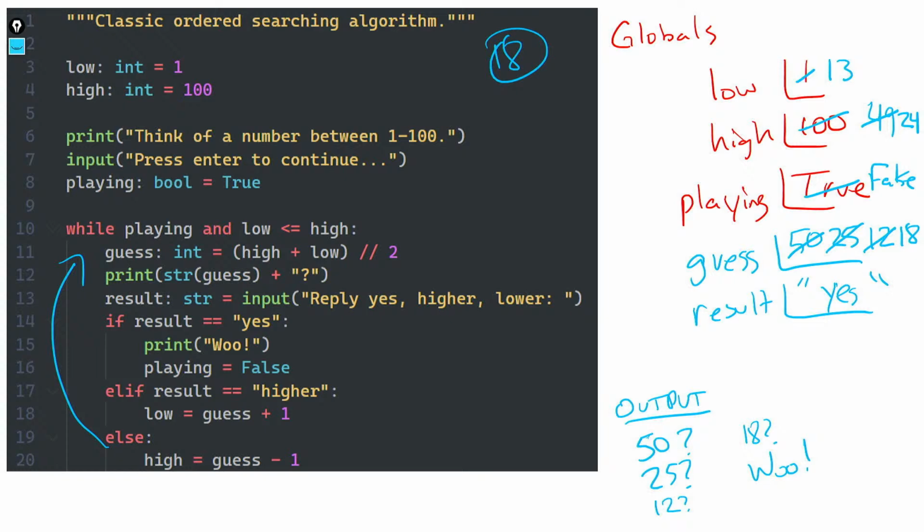But you can imagine if you get to a point where that's no longer true, the user has given you the wrong inputs, because that's sort of an illogical place to end up. All right, but because playing is now false, and any other value over here, it doesn't matter, is going to be false, and our loop would complete.